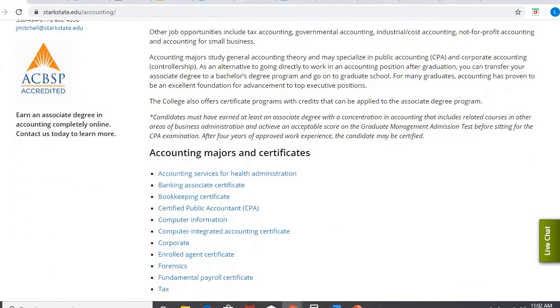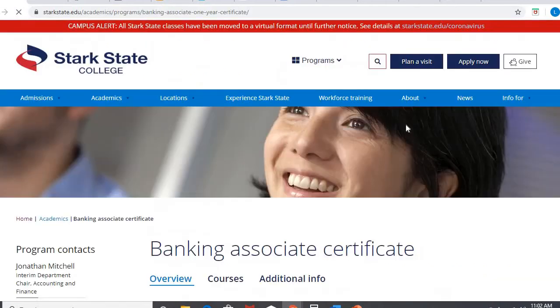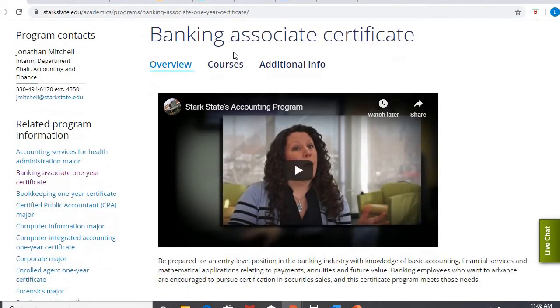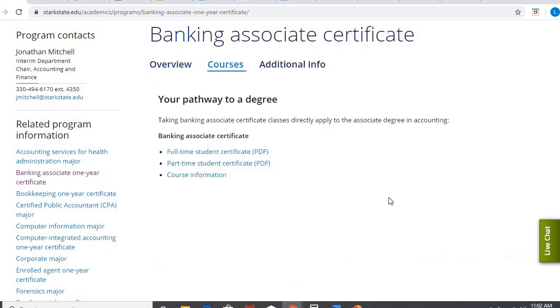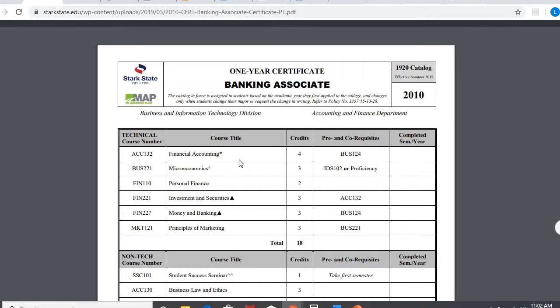I scroll down a little bit. Now here's all the majors and certificates even within this field. So I'll click on, maybe I'm getting a certificate. Then it's going to bring me to my course list again, and I can pull that up. I would really highly recommend, if you don't already know or have that somewhere, get that information so that you know exactly the kind of courses, how long it's going to take you, how many credits. All of that is so important.